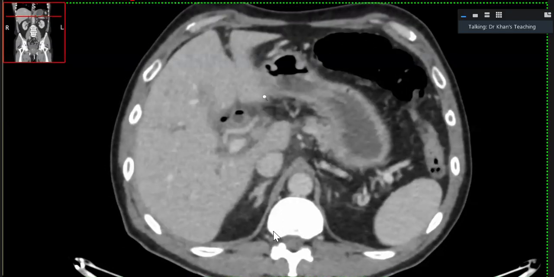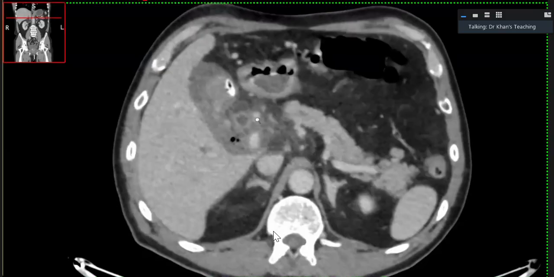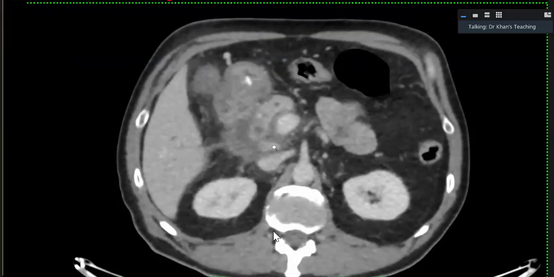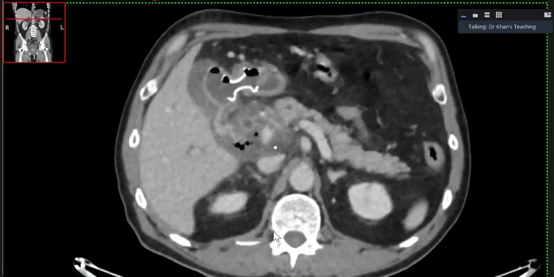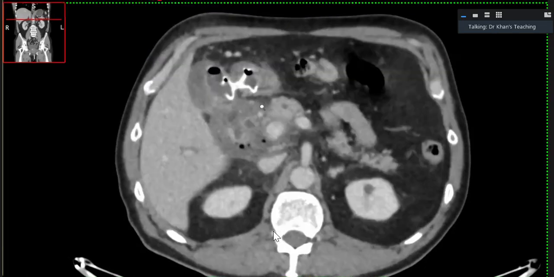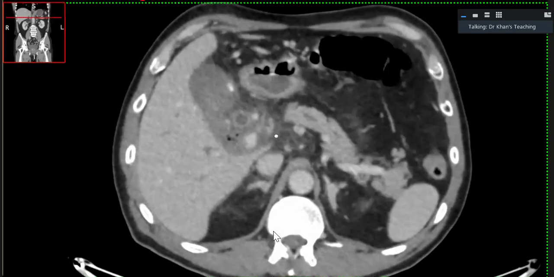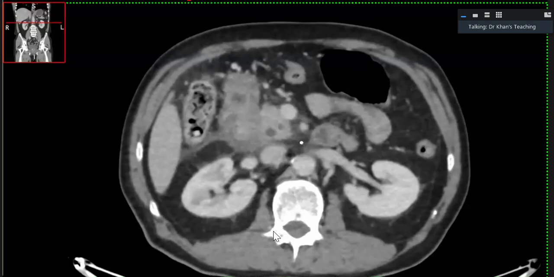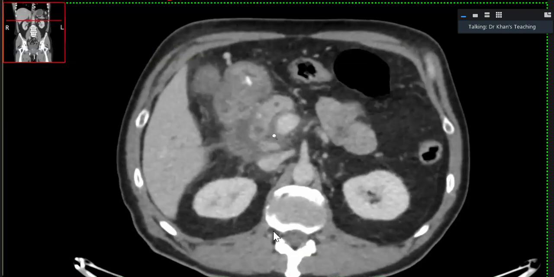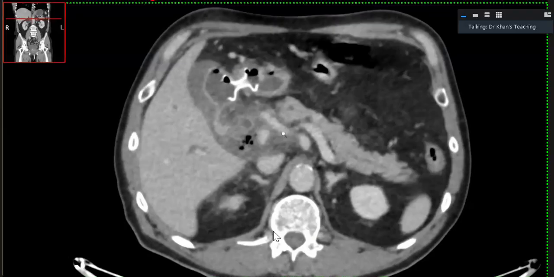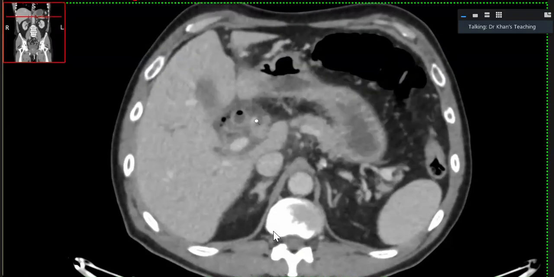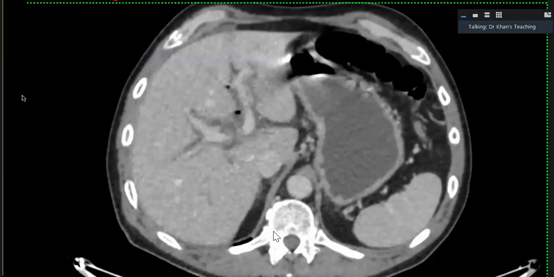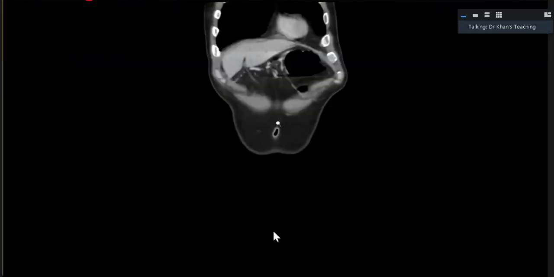What is the complication? The complication is that there is a bit of fat stranding. Some air bubbles have gone around in this region. So they must have caused minor perforation, which will resolve with conservative management. And then you did point out that the patient, look at the wall of this CBD. It is diffusely enhancing. So diffusely enhancing wall means that there is cholangitis type of picture, which is secondary to